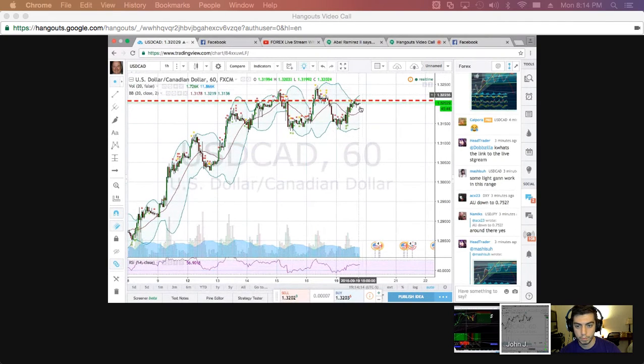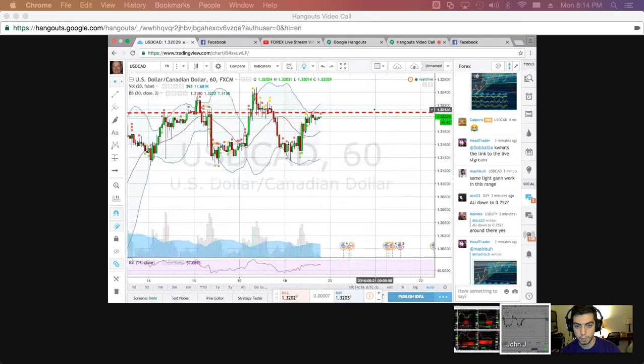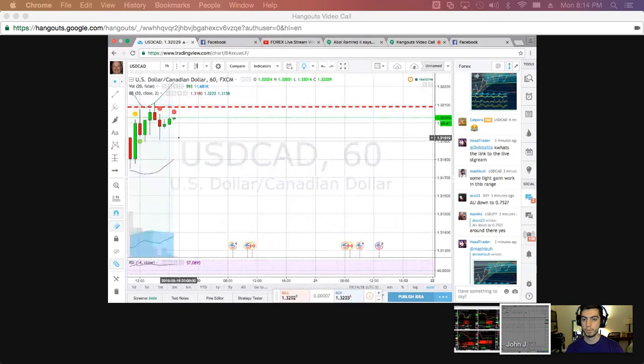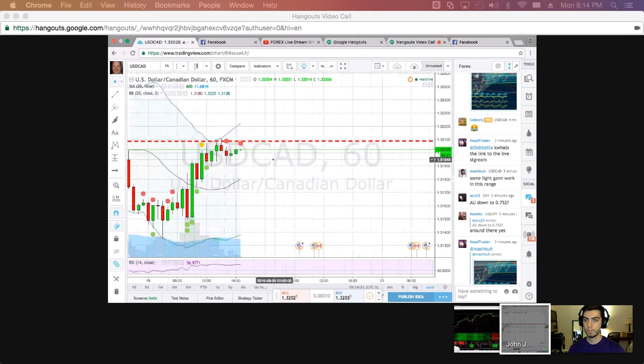but it's also maybe attempting to make a higher high, but it looks like it's bouncing off that line pretty good. It looks like it's about to retest again, and then it might go down, but I think your decision will be maybe after it hits that line one more time, or any other thing happens. I don't know. It's really all the options are out on the table right now.